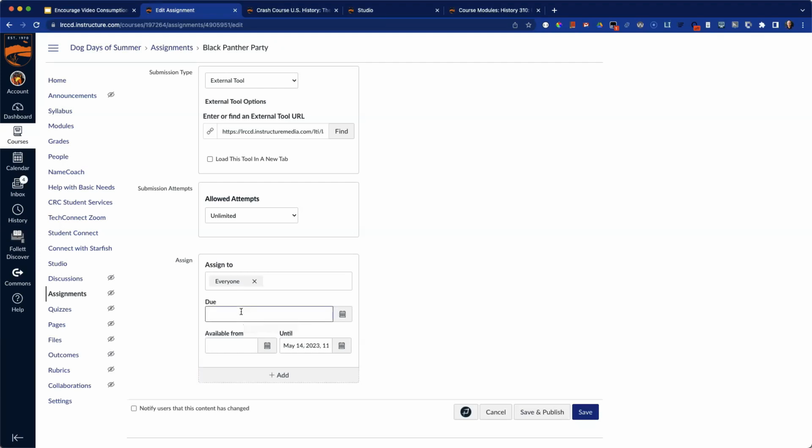And then if you have a due date for the video, your late policy on the Canvas gradebook will be applied if the student's first attempt is after the due date, right? So in this example here, I have this window between April 1st and May 14th where students can watch the video, they can take the quiz. If their first attempt is within this window, then whatever my automatic late policy that I have in the Canvas gradebook will apply. At this point, I'm going to select Save and Publish.